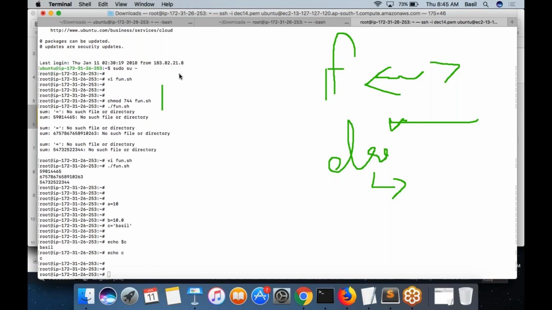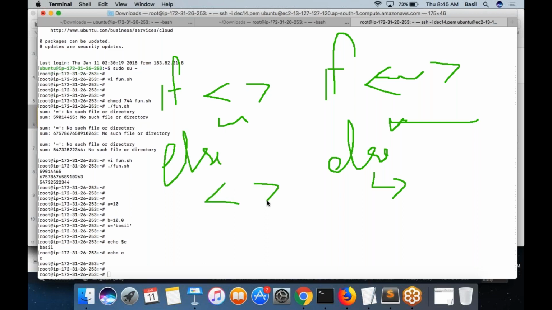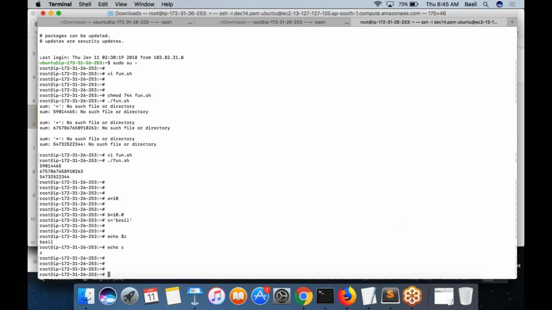Or you want to put an if condition to check if a process is running or not. If the process is running, you don't want to do anything. Otherwise, else, you want to maybe start the process. So there can be a situation where you have to look for a condition, then decide whether you want to execute this particular block or this particular block, depending on the condition. So that's what if is.